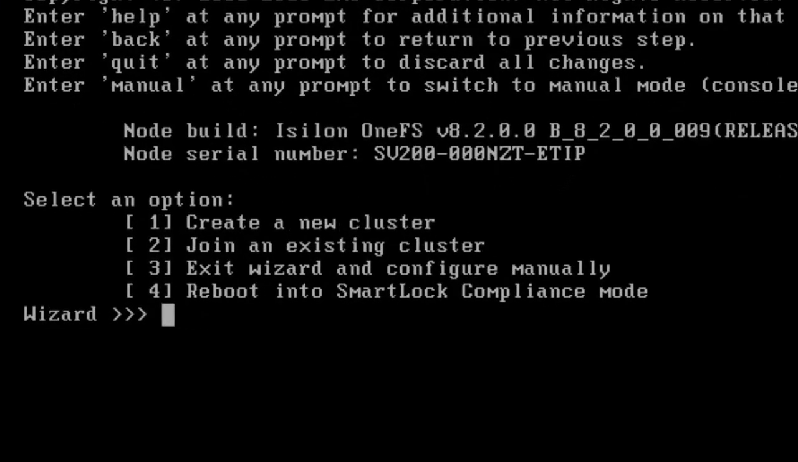Now we have 4 options: whether we need to create a new cluster, or, if the cluster is already there and we want to add additional nodes to the cluster, that is the second option, join an existing cluster; then exit this wizard and configure it manually; or reboot. These are the 4 options we have. Since this is the first node where we want to build a cluster, I will go with the first option, that is create a new cluster. So just press 1